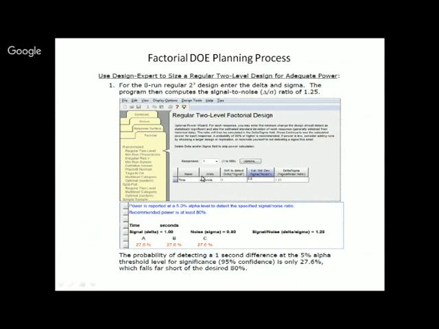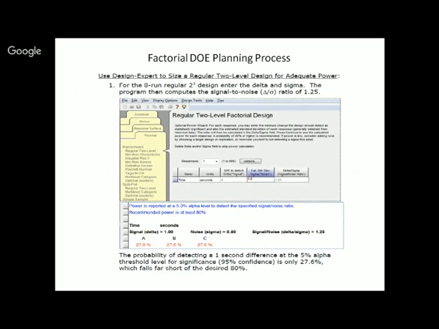When we have to give the response in time in seconds and signal to noise ratio, with a signal-to-noise ratio of 0.8, it will give a 1.25 ratio. It will show us the probability of detecting a 1 second difference at 5% alpha. That means if you go for a normal curve with 95% confidence, our power is only 27.6%. That means only 2 raised to the power 3, or 8 runs, is not sufficient